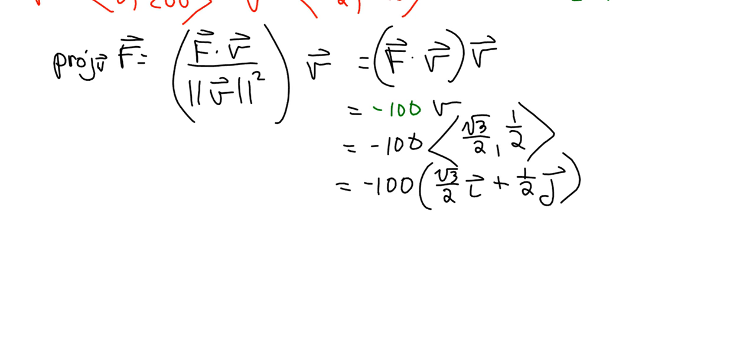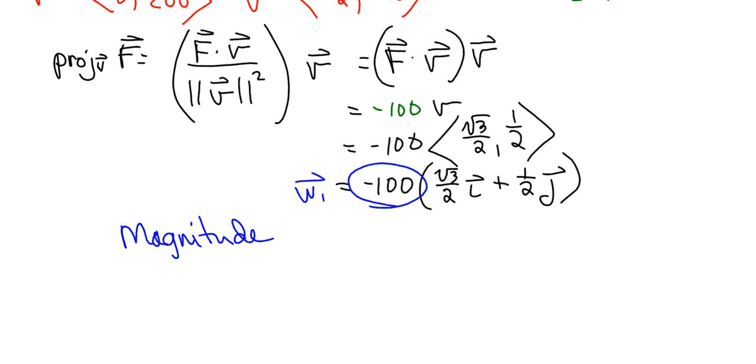We called that W1. And so I can say that that is W1. And just kind of, if you reflect back to that other problem, that would be the W1 thing that's happening. And then really the magnitude of that force comes from that negative 100 as we look at that. So the magnitude, think about that in component form. Remember, v is a unit vector, and then that negative 100 is what we're multiplying by it, so that's the magnitude of force to keep